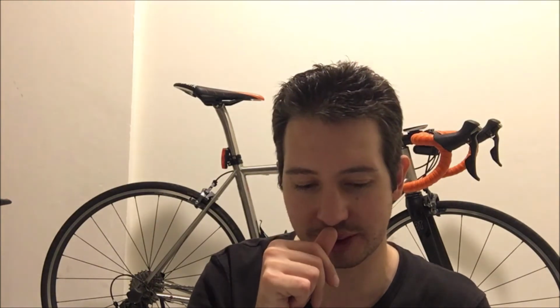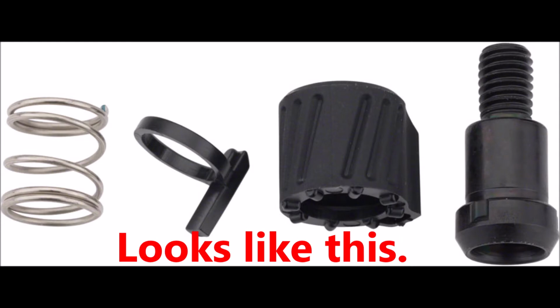Another issue with the R8000 group set and the newer Shimano group set is the barrel adjuster is a piece of crap. It doesn't work. This one on the 6800 actually works, and it's the traditional barrel adjuster for the rear derailleur I'm talking about. The new one on the R8000 is a piece of crap. It doesn't work very well. And also the brakes as well. I noticed a lot of my customers that bought the R8000,